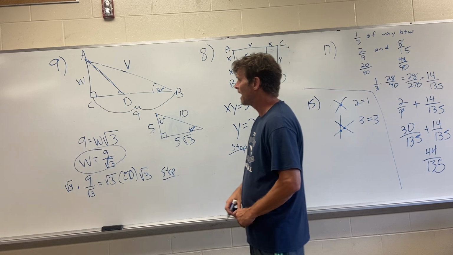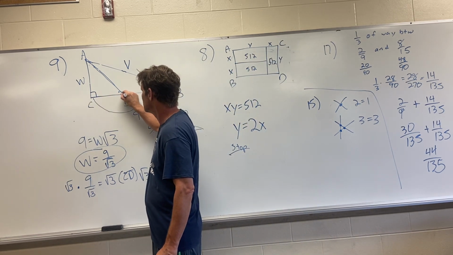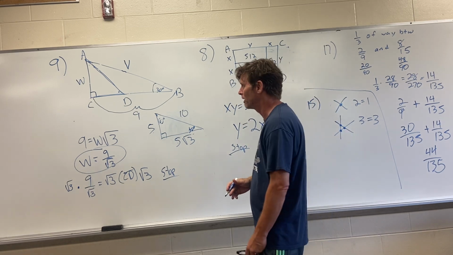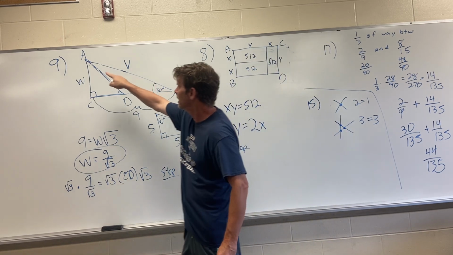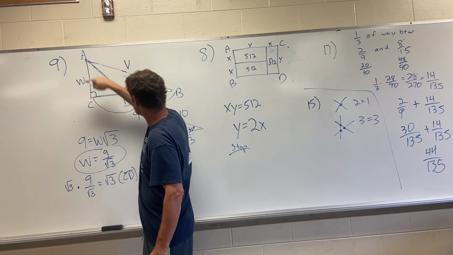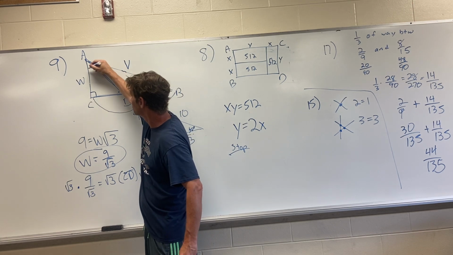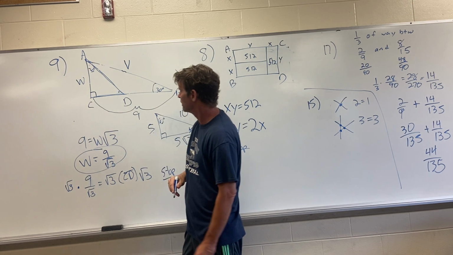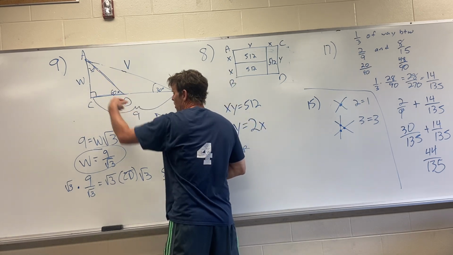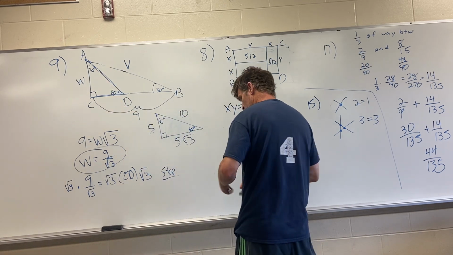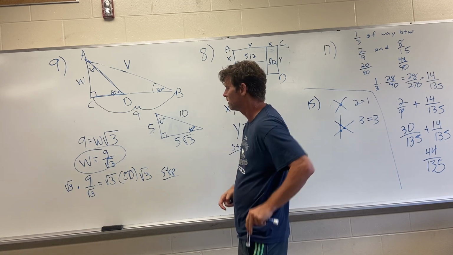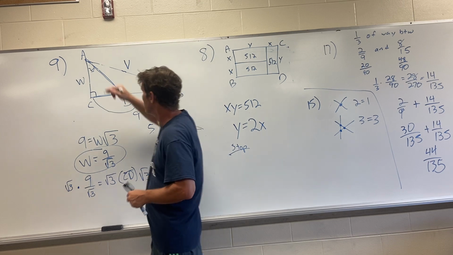What it's asking for is this length, CD. This is a hard problem, so I hope you're hanging in there. It also says this line bisects this angle. So that means if this was a 60-degree angle, this is a 30-degree angle, and this is a 60-degree angle. Don't worry, I won't spend as much time on the other problems. This is the hardest one. You have a smaller triangle,